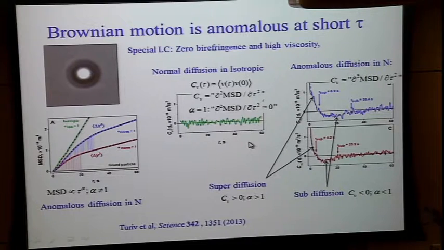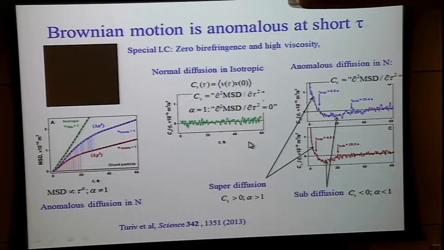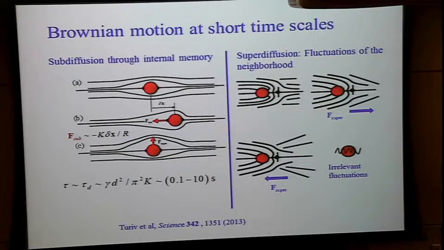But in the nematic, something interesting happens. At long time scales, it's the same thing. It's 0. But as you decrease the time steps, it goes into what people call subdiffusive regime, and then it goes into superdiffusive regime for both y displacement and x displacements. So how do we understand this? It's just because the liquid crystal influences the Brownian motion of the particle through director relaxation. Suppose that the particle fluctuatively moves to the right-hand side. That causes director distortions that are higher on the right-hand side as opposed to the left-hand side. But since the director is distorted, it pushes this particle back, and you have the